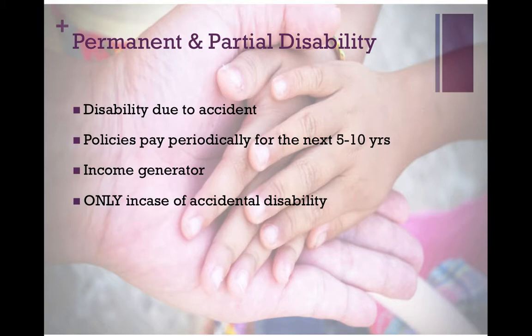Permanent and partial disability. This is again a rider which can be bought over and above your normal insurance. It talks about disability due to an accident and due to only accident. It does not cover a disability out of disease or any other conditions. So make sure this is something that gets covered in case your job requires you to be in a situation where the possibility of accidents is much higher. If you are somebody who does a desk job, with very little likelihood of you being involved in an accident, then probably this is not something that you need to be paying extra premium for.